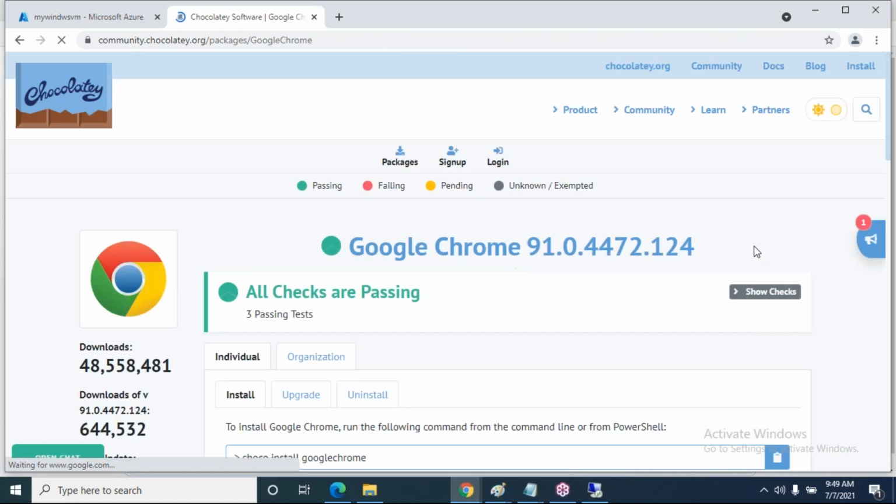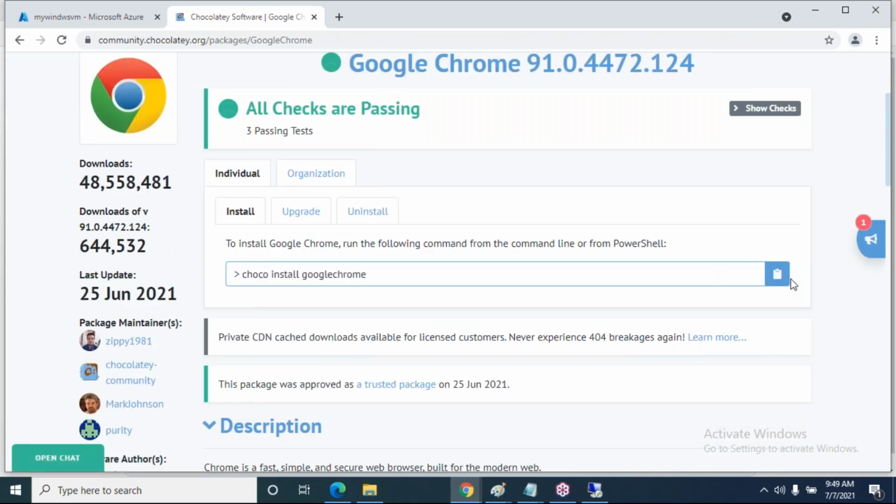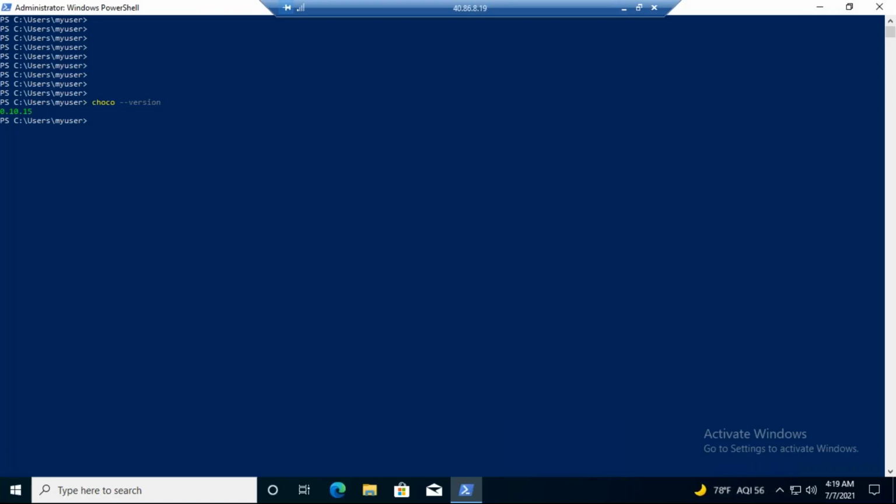By executing a simple command, software is downloaded and installed and the path is also set. So this simple command you have to execute: choco install googlechrome. At the end include -y. That is for auto confirmation.